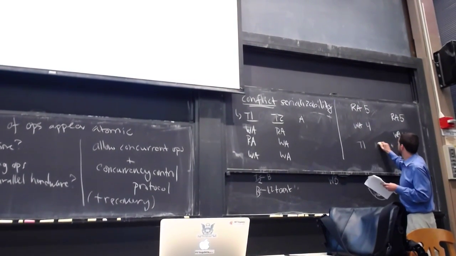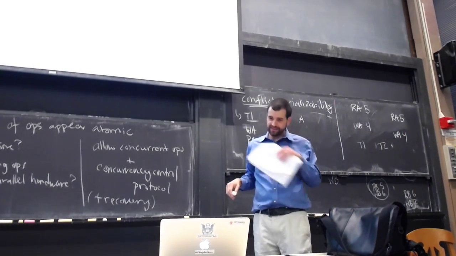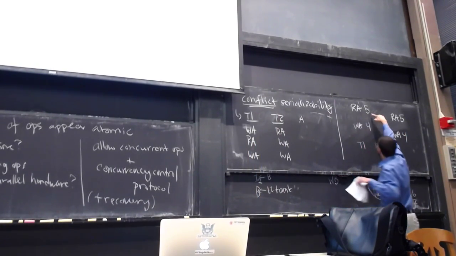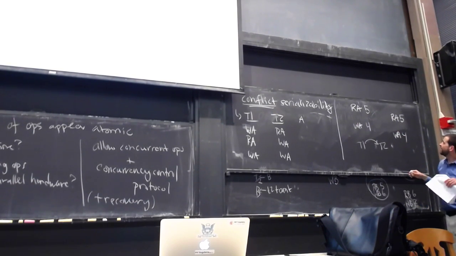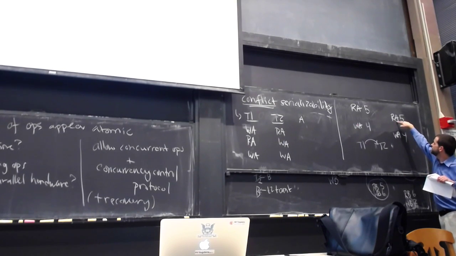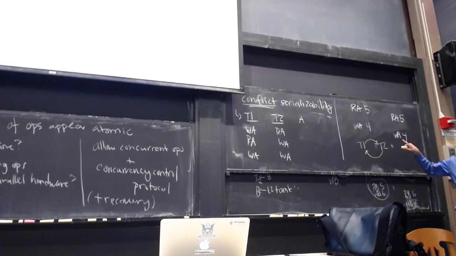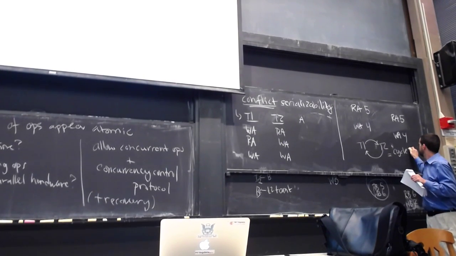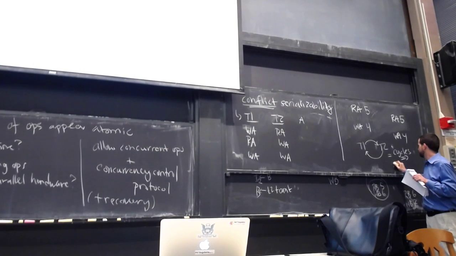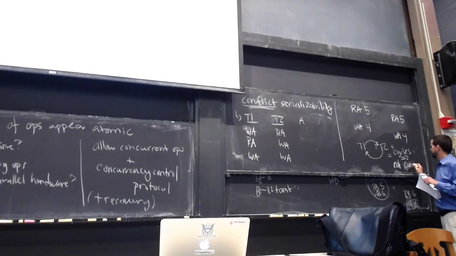So in this case, for example, we've got two transactions, T1 and T2. If T1 reads some A before T2 writes A, we would draw an edge. And similarly, if T2 reads something before T1 wrote it, then we draw an edge this way. So we make a graph like this, and a cycle in this graph implies that this is not conflict serializable. Cycles are not serializable, not conflict serializable, to be precise.